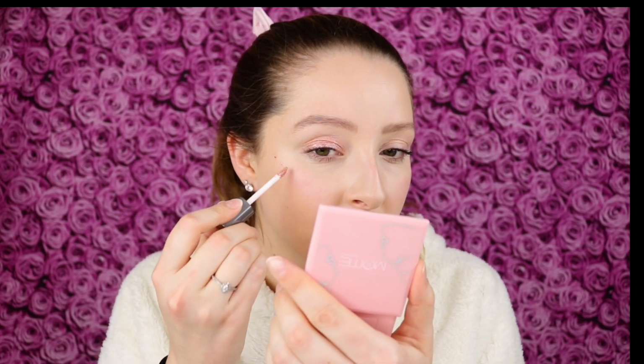I do feel like the applicator doesn't hold that much product, and it kind of dries out a bit. I keep having to go and pick up more, and you do have to work pretty fast with it. So trying it on the cheeks now as a highlight,